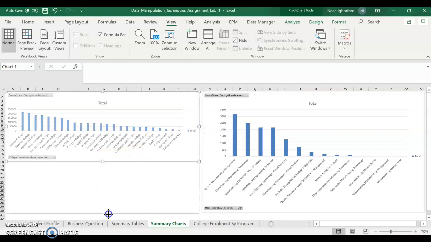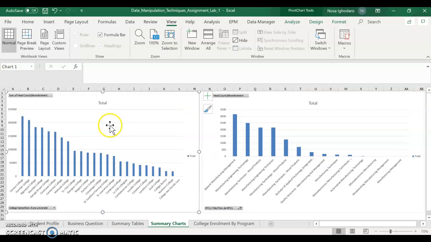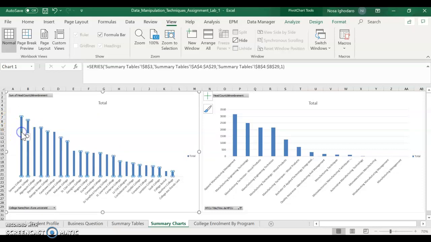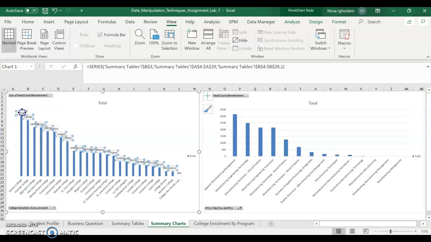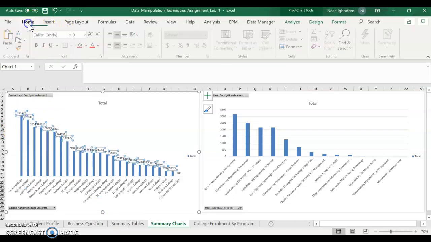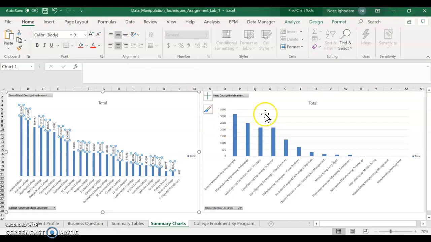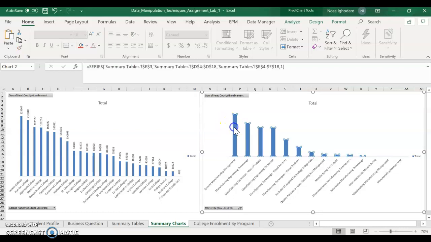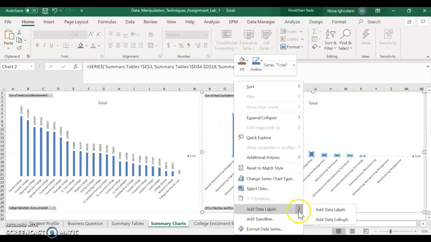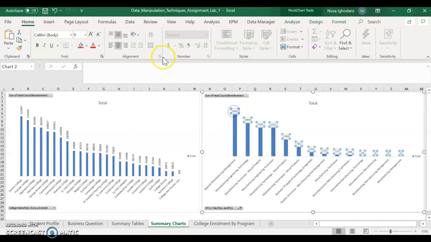So this is just a way of making the charts look very organized. I can take out the grid lines, remove the axis, and introduce data labels in order to see the figures very clearly. I can also change the orientation of this because they are large figures. I'll repeat the same actions on this side, remove the axis, introduce data labels, and I can also do the